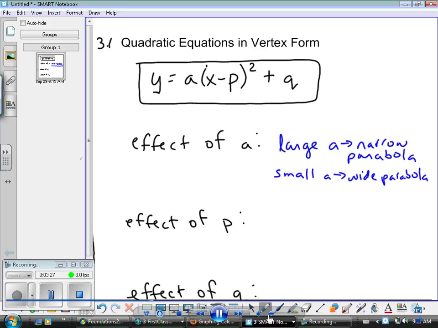All right, the other important thing here is a positive a will give you a parabola that opens up, and a negative a will give you a parabola that opens down. All right? Okay, now moving on,